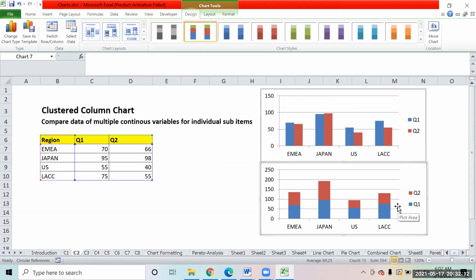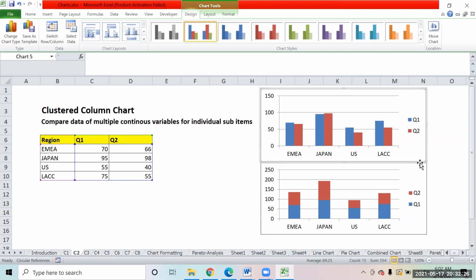The first chart has quarter one parallel to quarter two, and in the second one, it is stacked one on top of the other. Can I use any of the charts anywhere, or should I be selective about where I use each? For comparing, we can use the first chart, and if we want to go for the total, we can go for the second chart. Correct. That is the main difference: the second chart gives you the overall total, which is not available in the first chart.